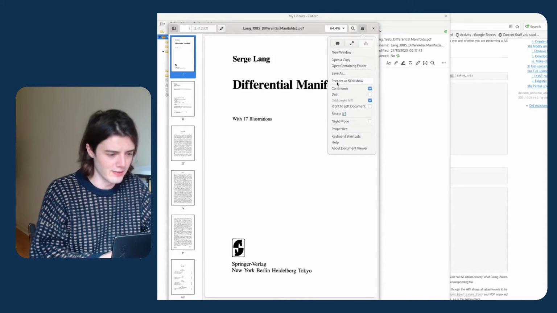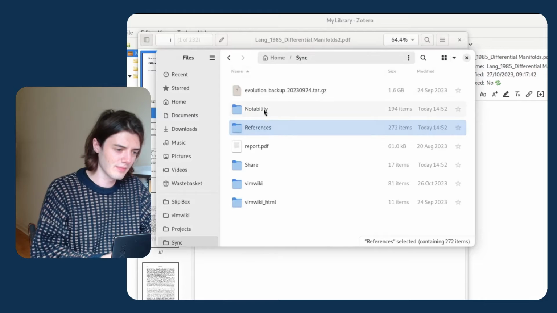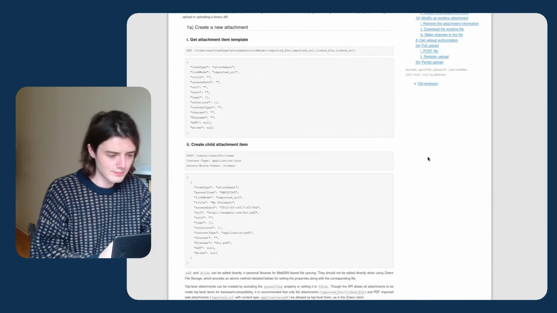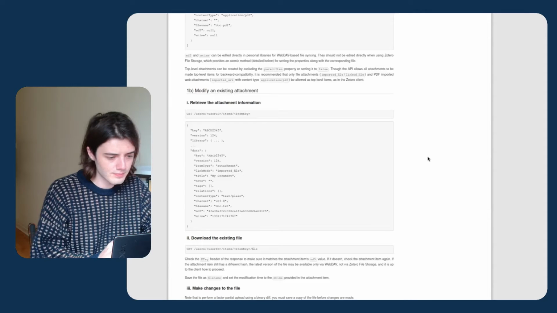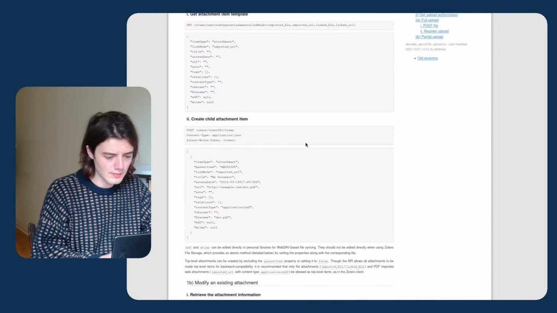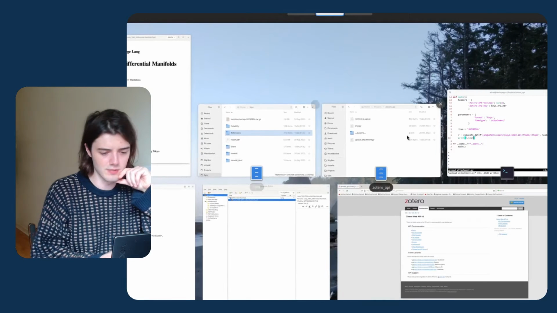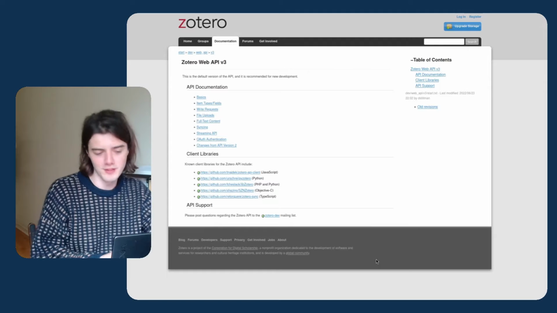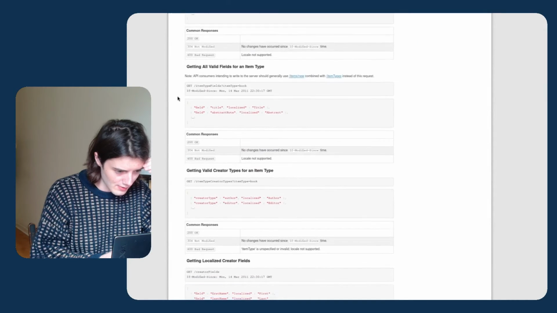So we can see where this is by opening the containing folder. I have a sync folder that has references, and so it can find this. So I don't know whether there's a way of, so I'm going to see whether I can find this attachment through the API, so that when we're uploading documents, we can check whether we've already uploaded a document, for example. So maybe if we look here,